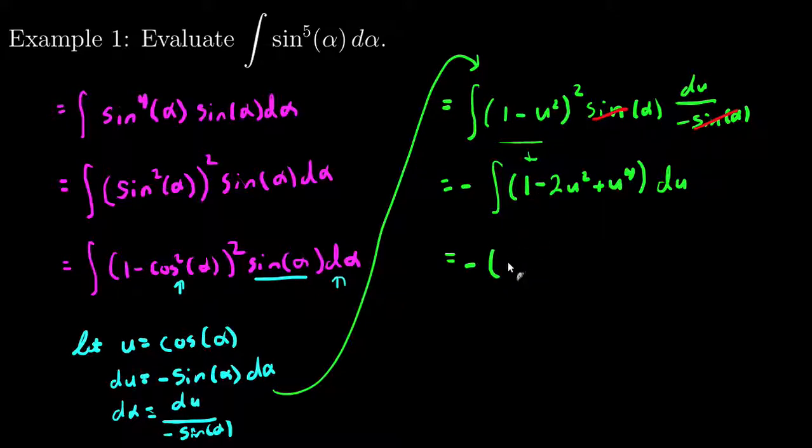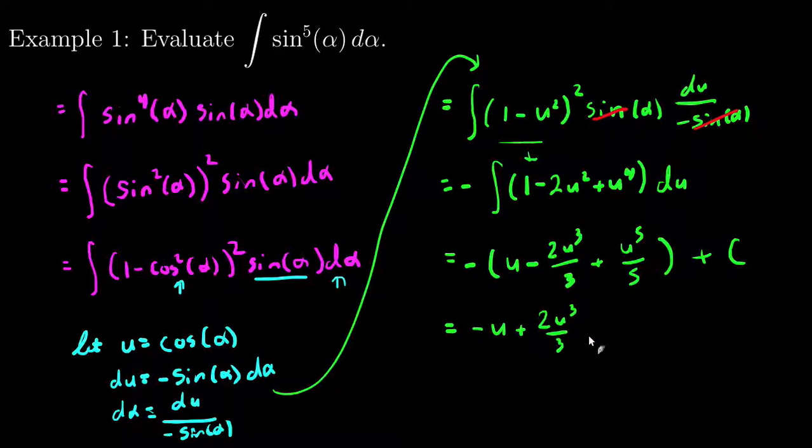I have the antiderivative of 1 du is u. The antiderivative of 2u squared is 2u cubed over 3. The antiderivative of u to the fourth is u to the fifth over 5. And I'll put a plus c here at the end. So distribute through the negative, and I get negative u plus 2u cubed over 3 minus u to the 5